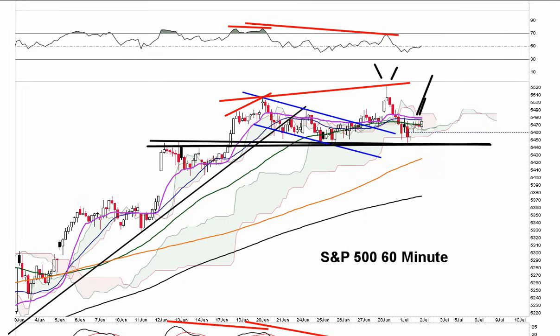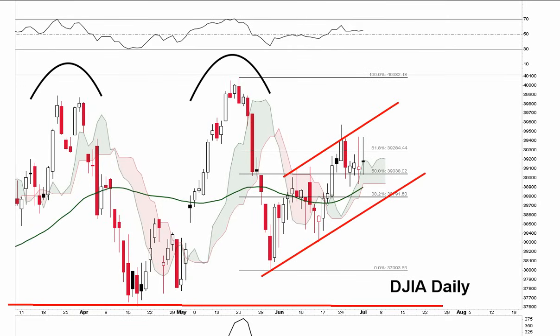The upper channel line I showed you on the 60-minute chart. Here we're bouncing off of the trending cloud right here. And again, confirmation of the daily candlesticks today: no reversal of conditions on the daily charts. Remember, we had the S&P and Nasdaq move higher. The Dow did not. It still got this